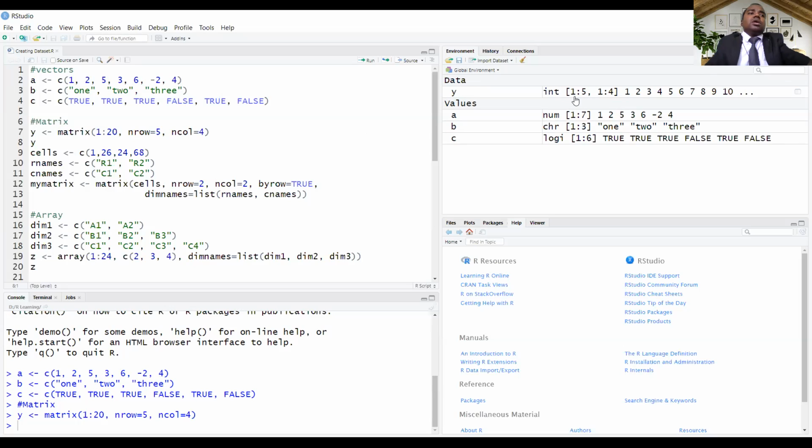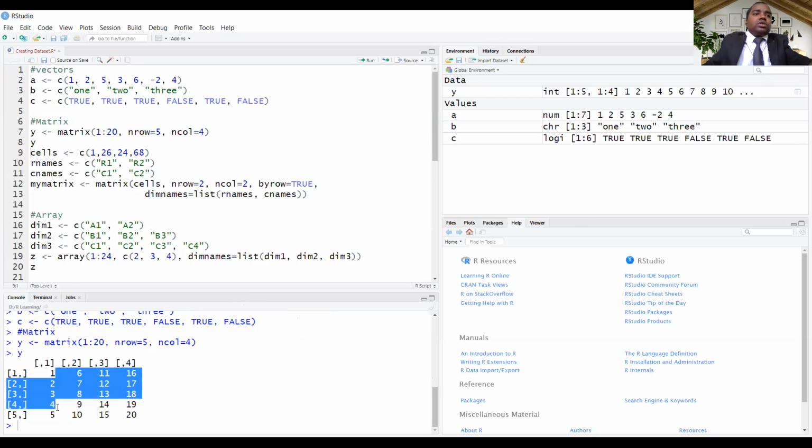Okay, and we will just print the y. These values are being printed 1, 2, 3, 4, 5, 6, 7, 8, 9, 10, like that. So by default, this value is being printed in a column-wise manner. First 1, then 2, then 3, 4, 5. Okay.